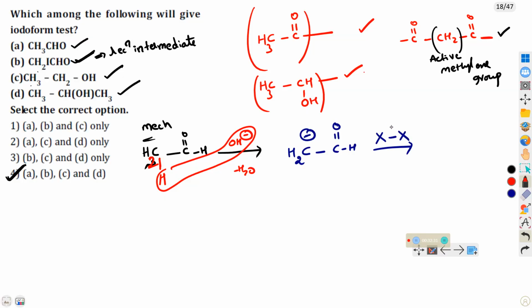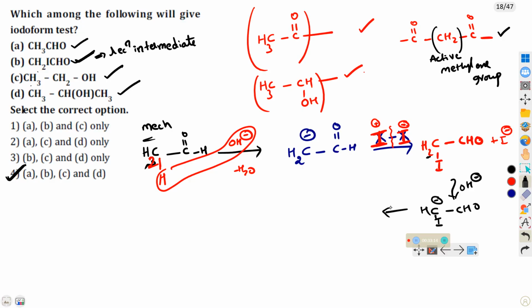Between the halogen, a homolysis process takes place, X plus X minus. X2 is assumed as I2. Then it gives CH2ICHO. Yes, CH2ICHO gives a positive iodoform test. I minus is eliminated. Again it reacts with OH minus. Still here an acidic hydrogen atom is present. Then it gives the compound CHI minus CHO,